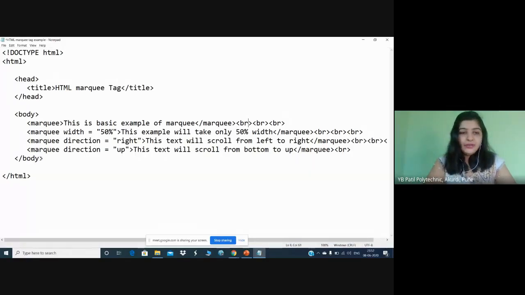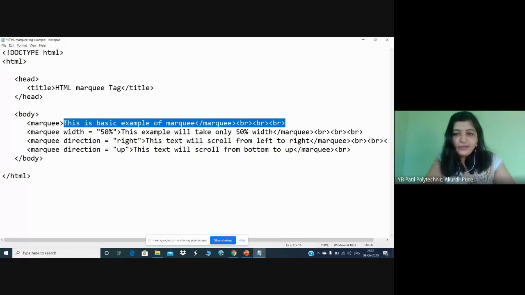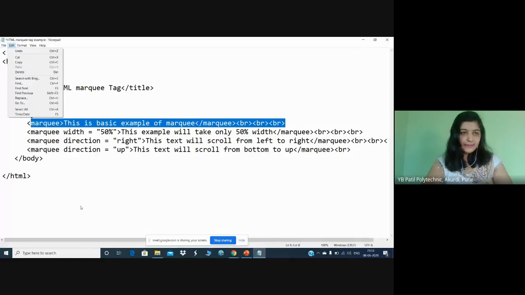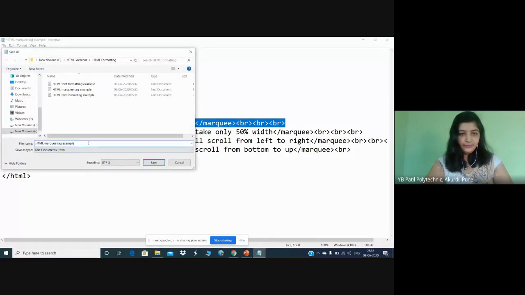By default, if you don't specify any direction, it will scroll from right to left. So this is the example for right to left scrolling. So let's run this program. Give the extension as .html.